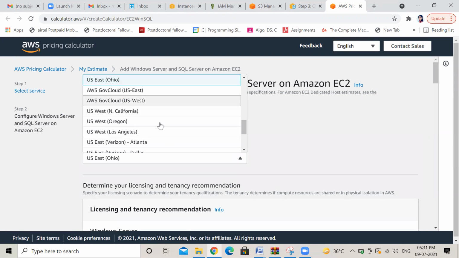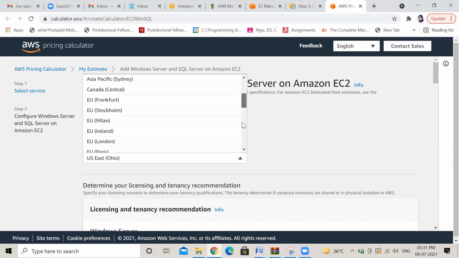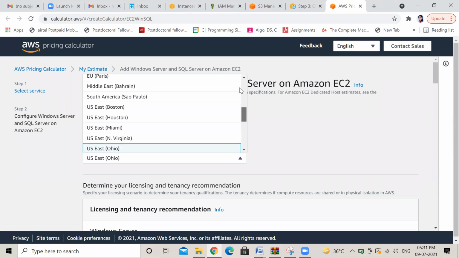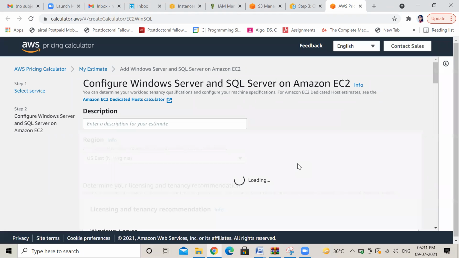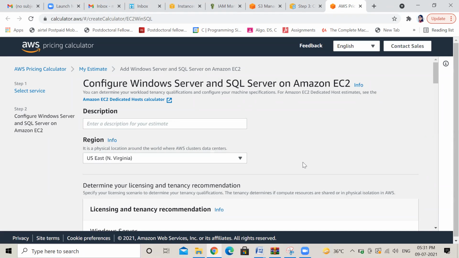Yes, select any region you can select. US is something you select, US and Virginia. Yes, change region. It will tell you the pricing at that time itself, but how much your total pricing will be,